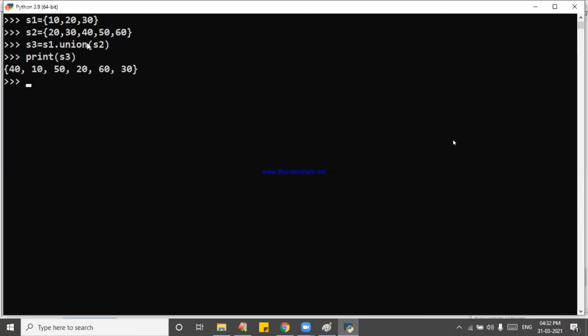Come on, start. Now S4 is equal to, what is our operator, ma? What is our operator? S1. What is our operator? OR. OR symbol we want to use it. S1 OR S2. Start. Any one of the bit of variable 1, variable 2. Any one of the bit of variable 1 and variable 2 is 1. Result is 1. Selected. Start.